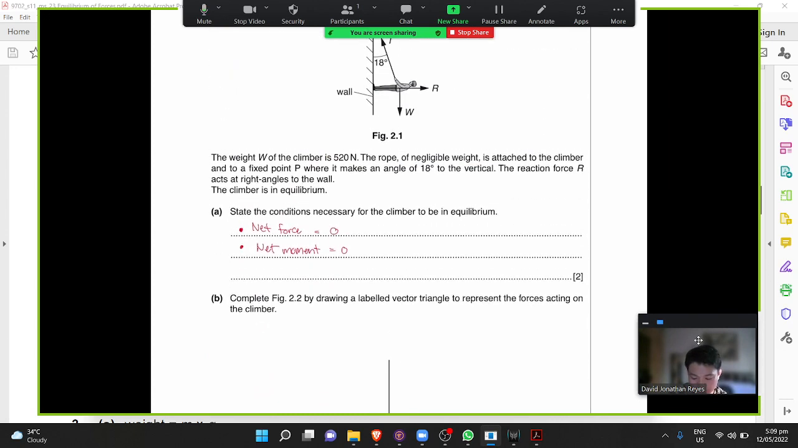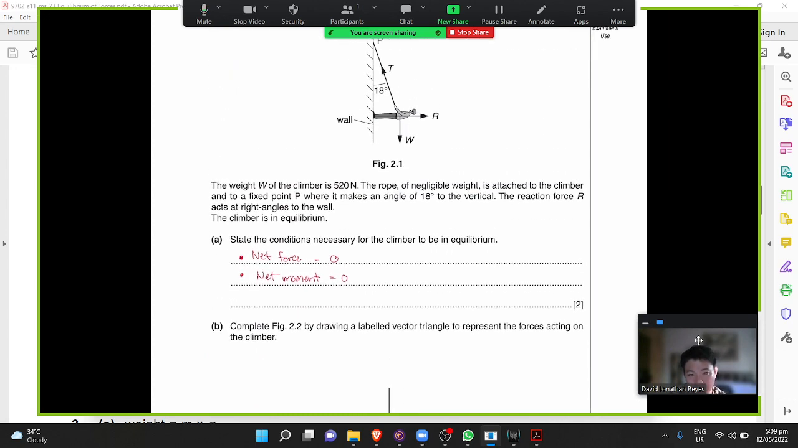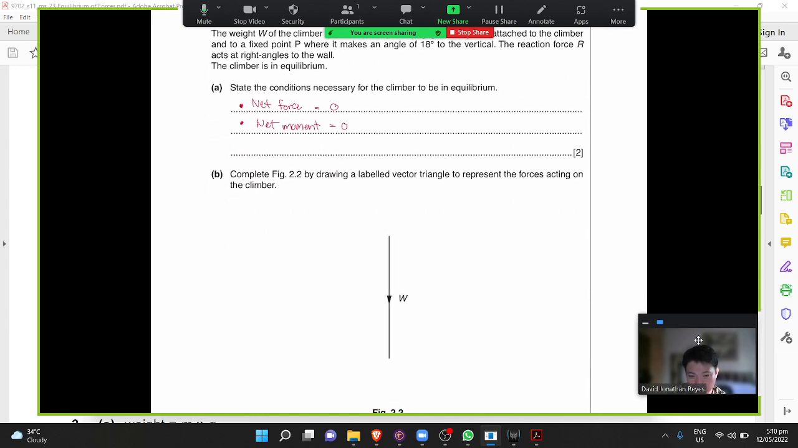The next problem is that you need to complete the vector triangle to represent the forces acting on the climber. There are actually multiple forces acting on the climber. You have your tension force from the ropes, you have your resistive force from the wall, and you have your weight. So we only have the weight here. What are the forces that actually make the climber in equilibrium, or net force equals zero? Since the weight is the one that is prevalent here, what is the force that counters the weight? That's the force coming from the rope